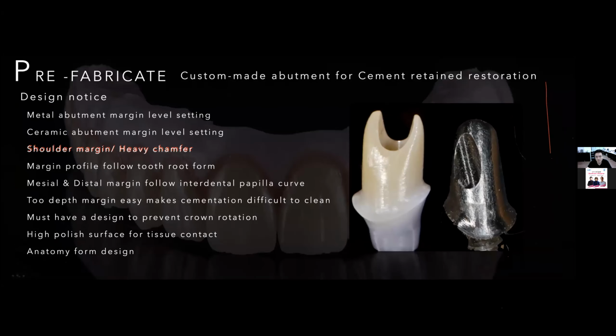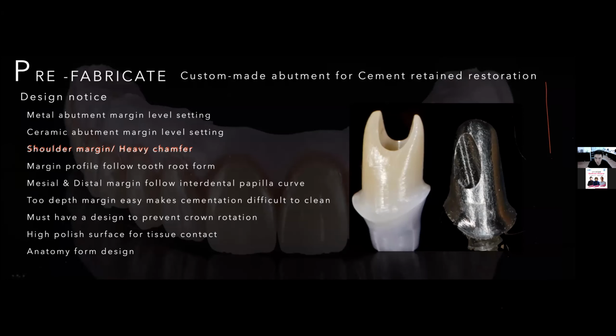And if possible, when we create the custom abutment, try to make your abutment have the shoulder margin, because the shoulder has a small platform and makes it easy to design your restoration, even if you want to layer porcelain on the zirconia framework or make a monolithic one. In this area, you have enough space, and you can get more beautiful